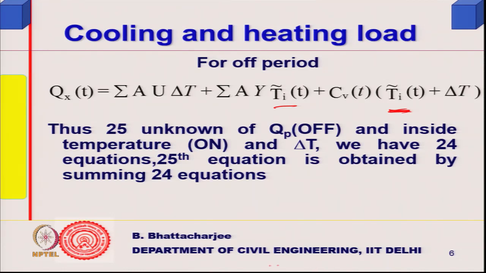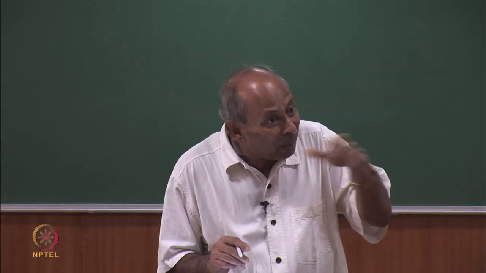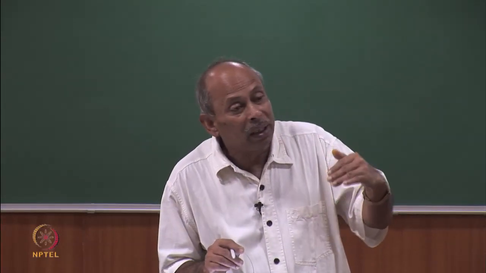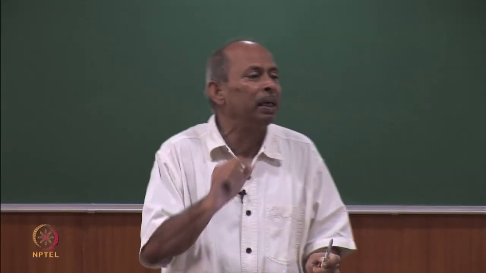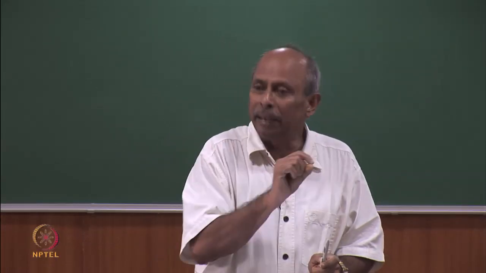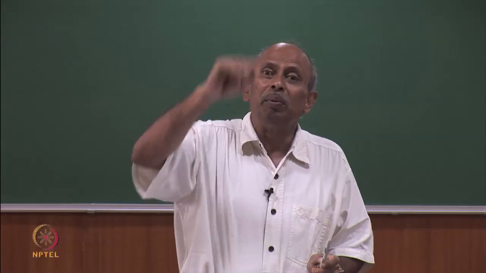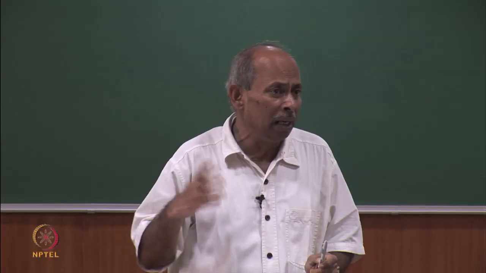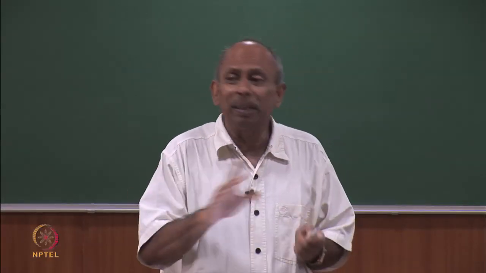and the 25th equation we get in the same manner as we have done earlier, because the sum total of swing temperature would be again equal to 0, because sometime it is varying, sometime it is constant. So, the mean would be above the constant, for example 25 degrees centigrade if I am maintaining during the condition time, but other time it will be 26, 27, 29, 30 whatever it may be, or maybe 19, 18 early in the morning. So, mean temperature is not 25,